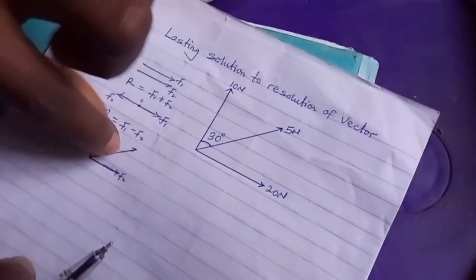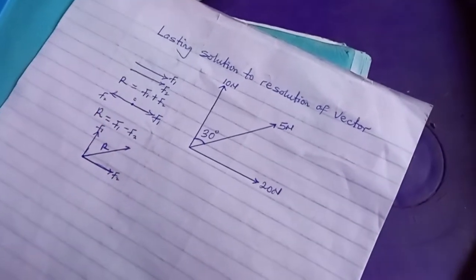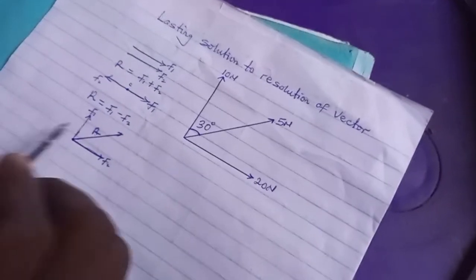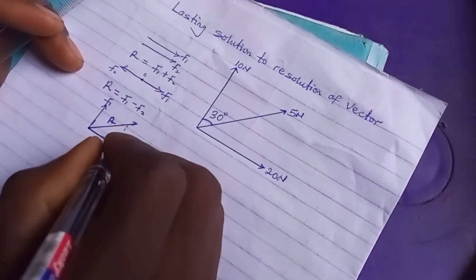That is, the force that will have the same effect as these two other forces combined together, and this is our R here. To get this R, this our F1, since it is a vertical force, we produce it